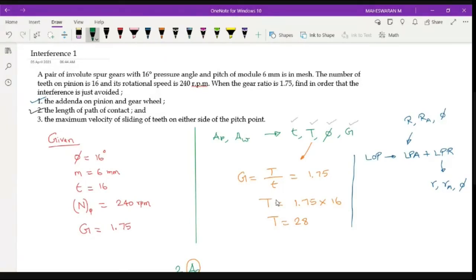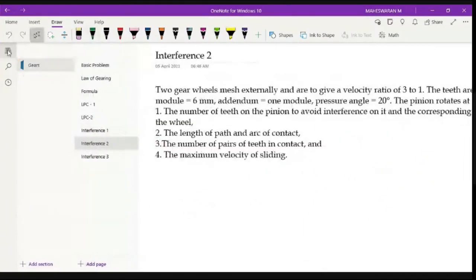So the next problem, what you are going to solve is to identify teeth. Just opposite, which means they will give the addendum directly. The only thing is I have to apply the formula to identify the minimum number of teeth. So that is another type of problem. Whatever the questions they ask here, they ought to identify these things also. Okay, we'll proceed with that. So we'll go for the next one.